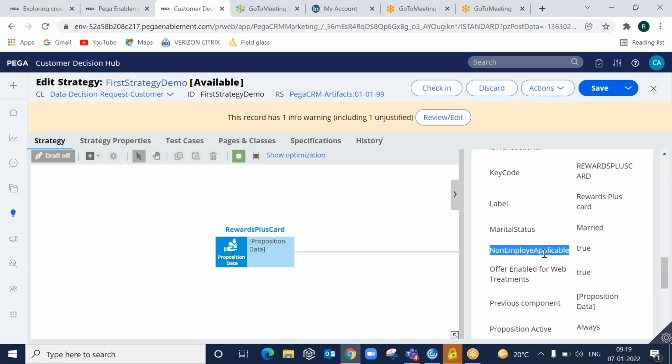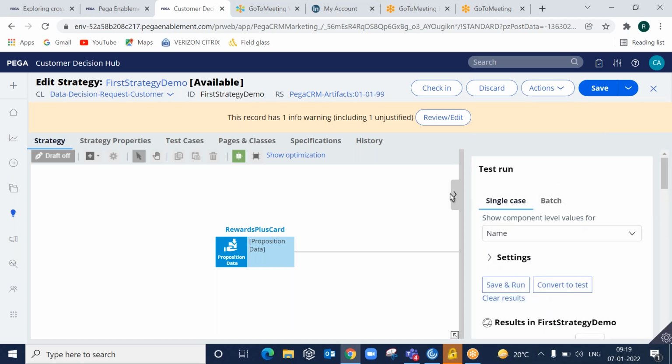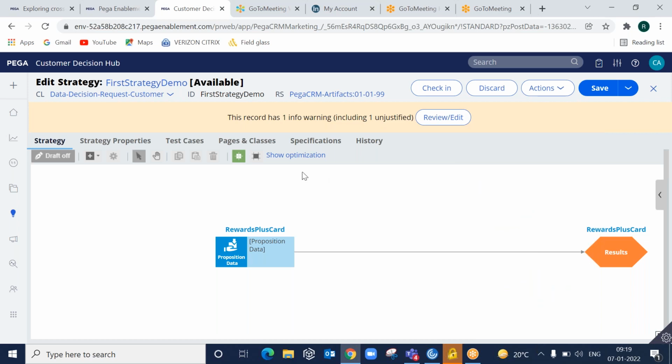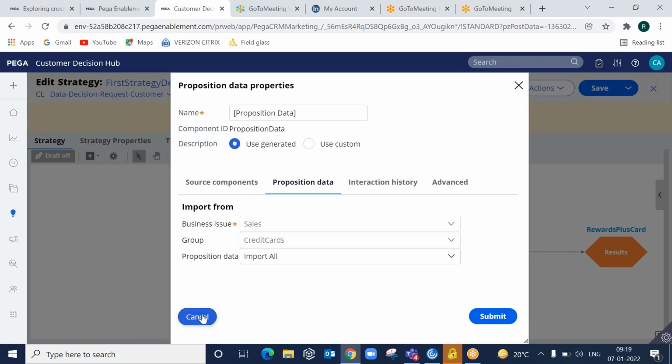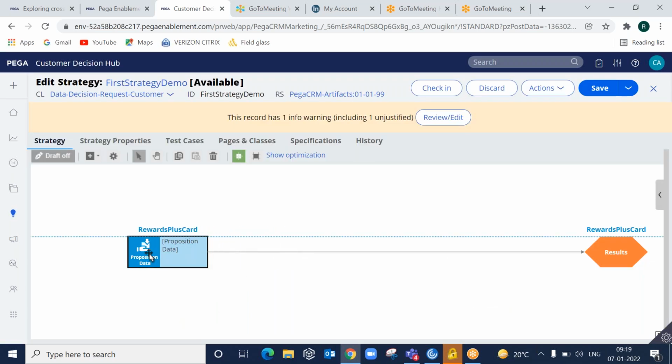Yes, it's clear. So just try to remember this. Whenever you don't see the custom properties, check within the decision data whether the property is added in the form tab or not. I'll tell you what decision data is, but don't worry about that.